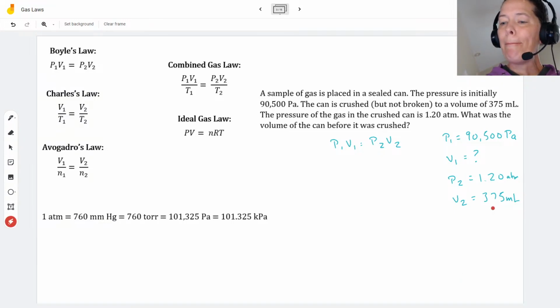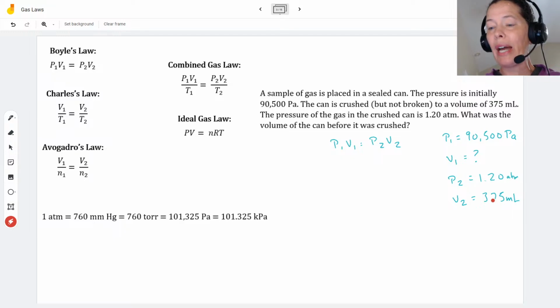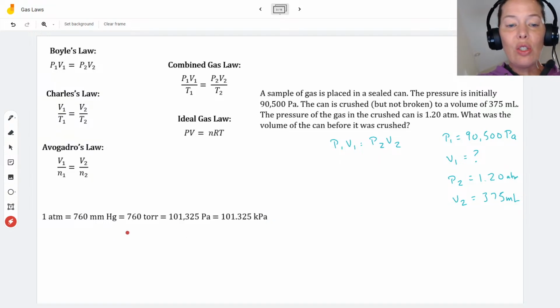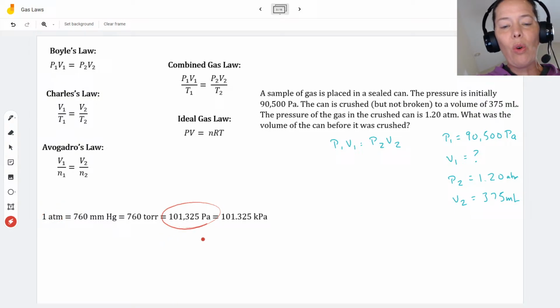All right, so this is where it's important to remember that your units need to match across the equation. My volume isn't so much a problem because I will just get my V1 out in milliliters, but you can see my pressure 1 is in Pascal and my pressure 2 is in atmosphere. Now, it does not matter which one you convert. You can convert either one of them, but you just want to make sure they match. So I'm going to take my 1.2 atmosphere and I'm actually going to convert that into Pascal. And to do that, I'm going to use my conversion equations down here. So 1 atmosphere is going to equal